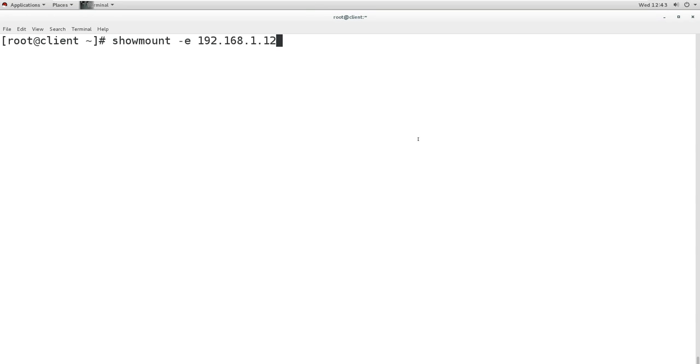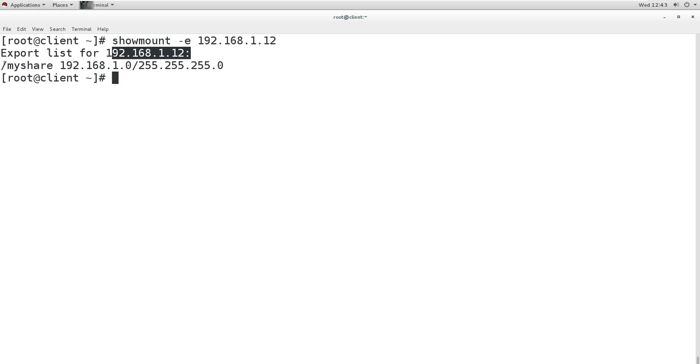and now we can go to the client and run this showmount -e command. showmount -e with the IP address, or even a name of the server we can mention if our DNS server is working. I can use both because I'm having a DNS server, so I can use the IP also, and it is showing the export list from that server, that this is the folder which is shared, and this is shared for this network.